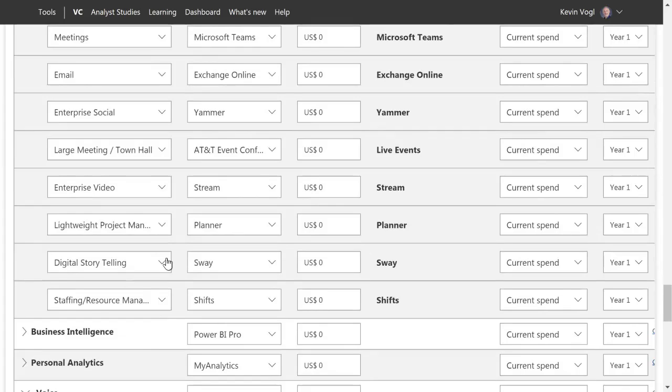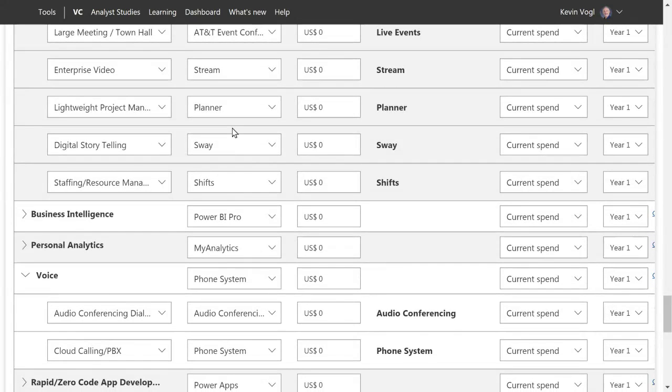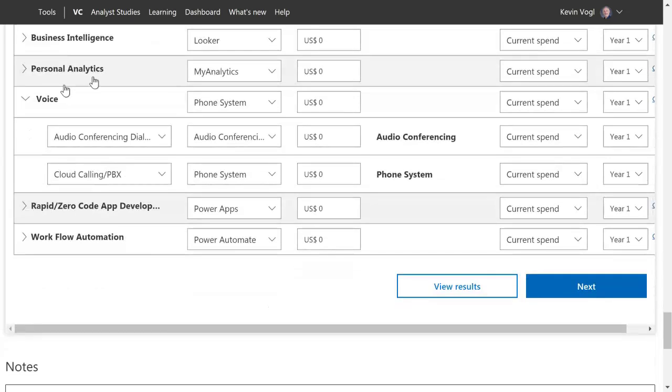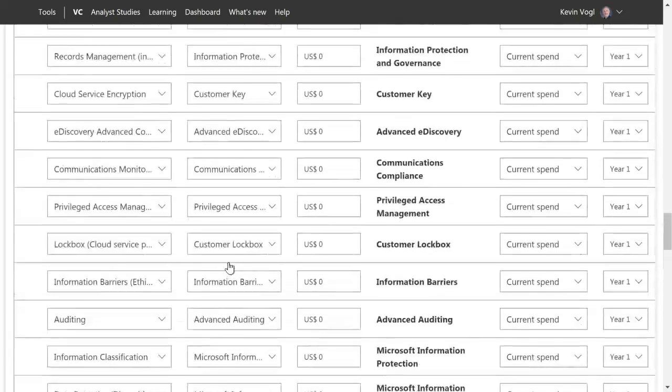These are all the products that are built right into the Office 365 SKU. If you're looking at business intelligence and you're using any of these other products that are out there, you can plug them in, put in a price, and you can see the cost differential. Once we're done with all this, we can actually view the results, get a breakdown of all the different savings